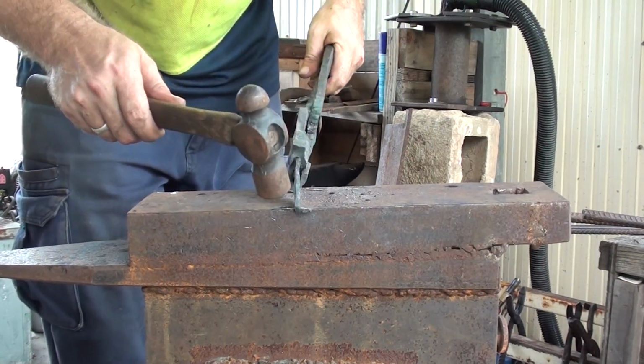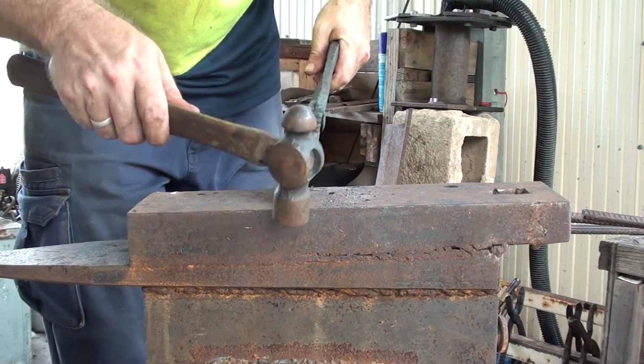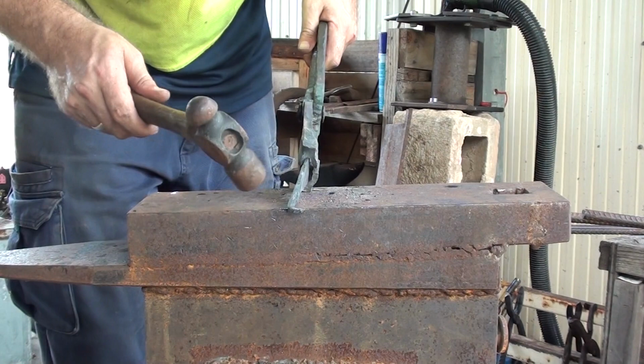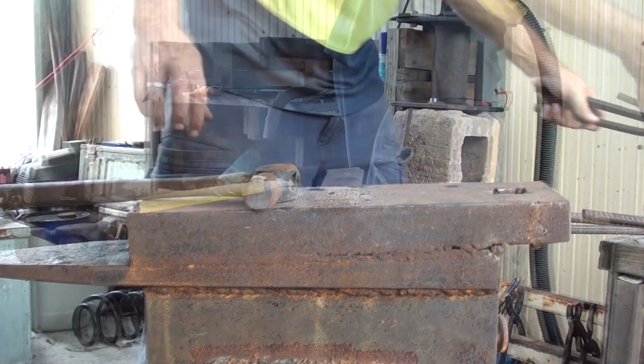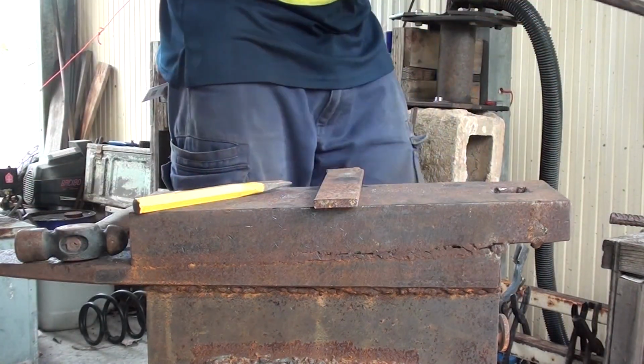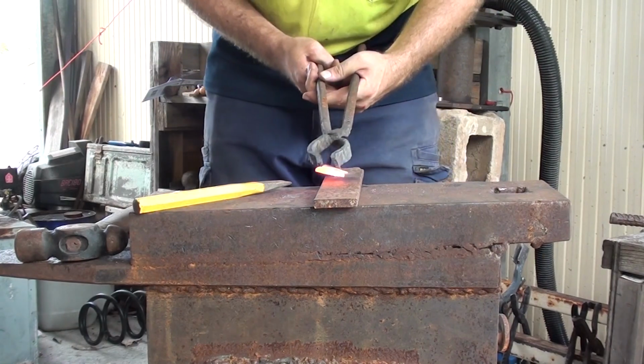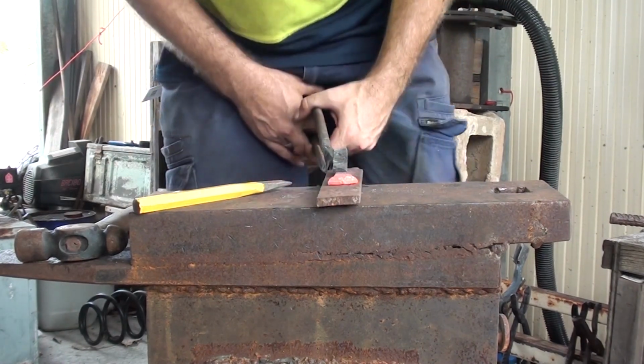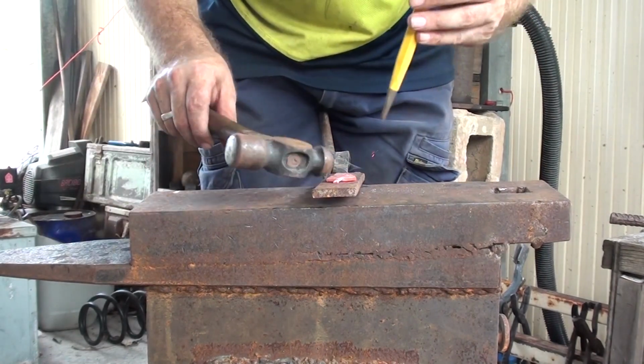Alright, so I'm going to heat that up, take it to the vise, and file off that tip there. I'm not going to record that because everyone knows what filing looks like, so I'll be back in a moment. So, just sticking it back in the fire on a bit of sacrificial bar plate. We're just bringing it over and just splitting this,